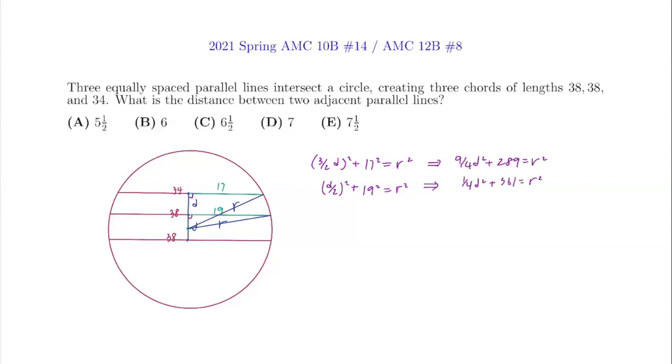We have two variables here, so we continue solving. Let's subtract the second equation from the first equation. This leaves us with 8/4, which is 2d squared, minus 289 minus 361, which gives us, what number here? Well, that should give us minus 72 equals 0. So we have 2d squared equals 72, and d squared equals 36. And that means d is just going to take on a value of 6, because distance has to be positive in this case. And that is answer choice